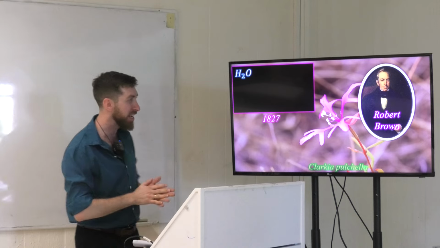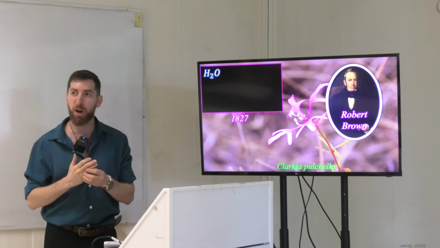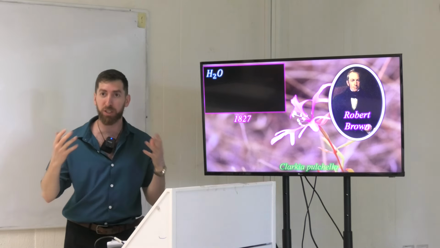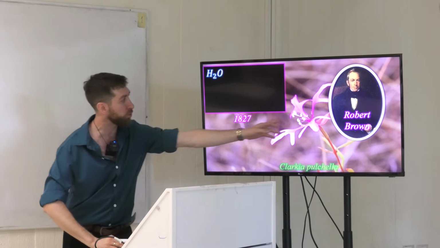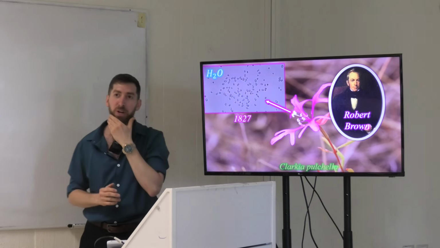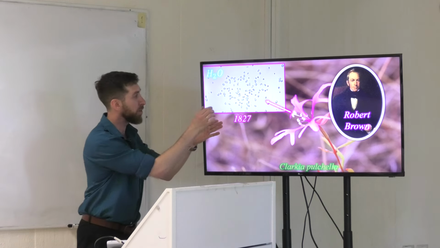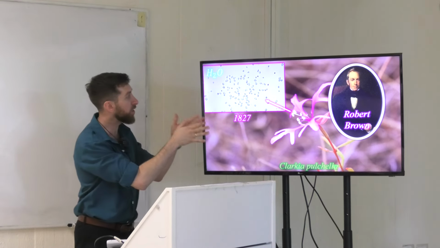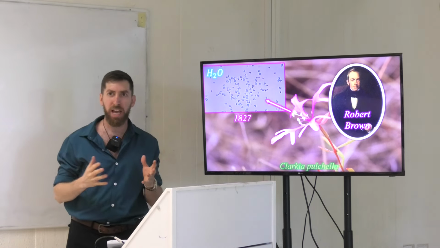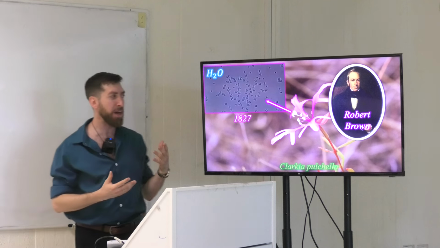We had a botanist named Robert Brown. Robert Brown was a botanist and he studied flowers and the different species of flowers. He wanted to check the flower, and he saw something very interesting under the microscope. He saw that if he put pollen in liquid water, they start jiggling around. This was very weird to him, and many people had observed this phenomenon in the past, but nobody stopped to